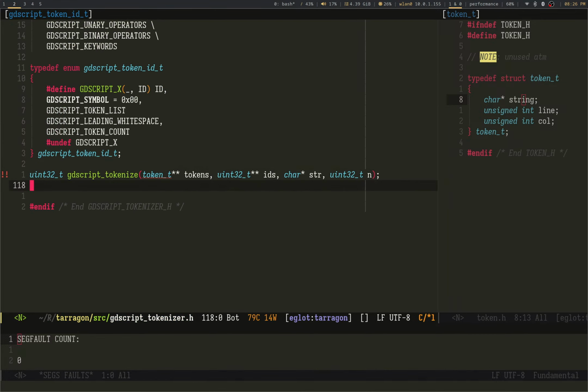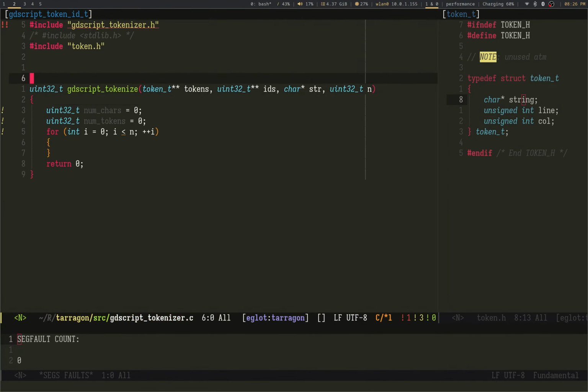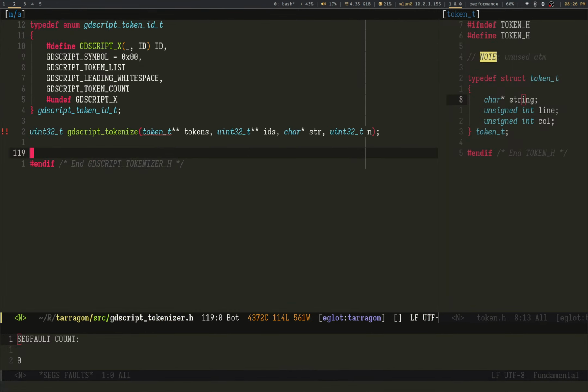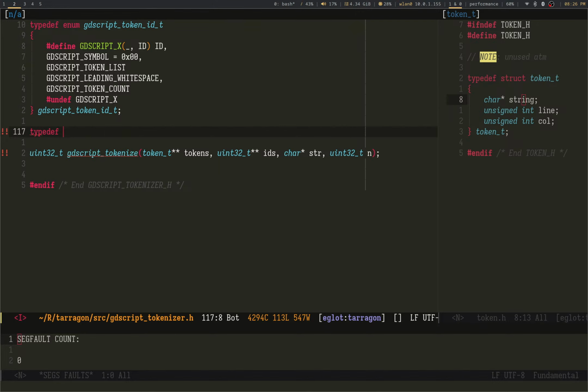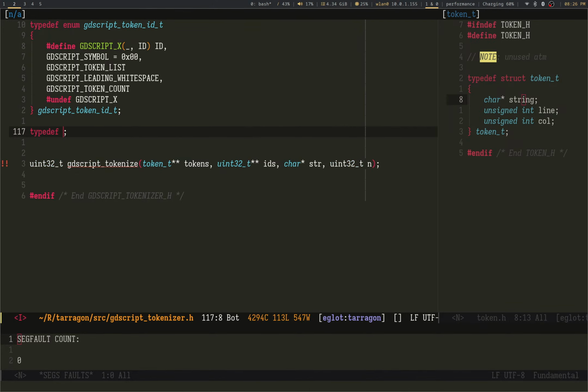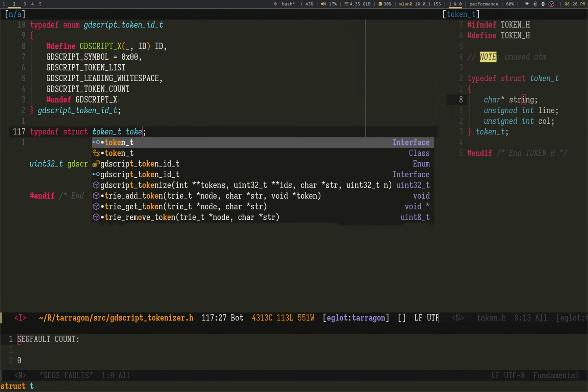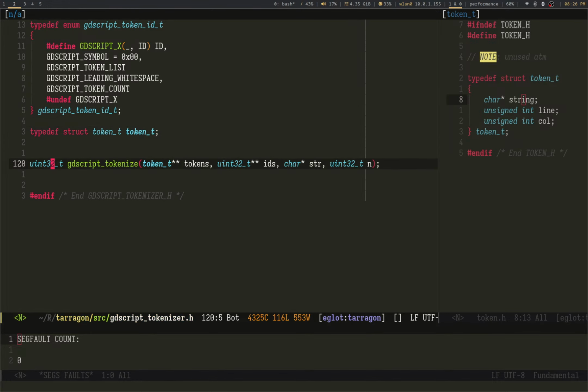Okay, of course, have to include. You know, I could just forward declare that. I can just do that. And actually, no, I want it to be a double pointer. So that's looking good.